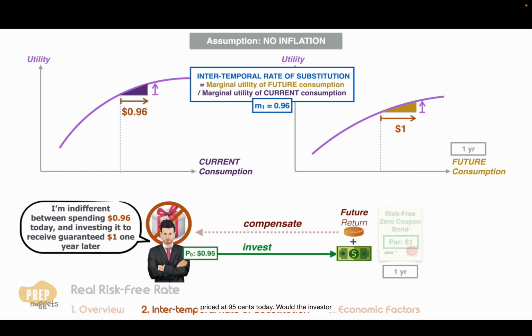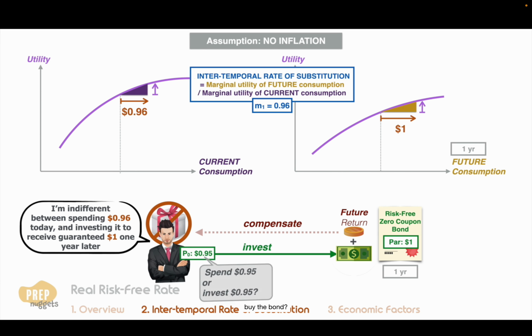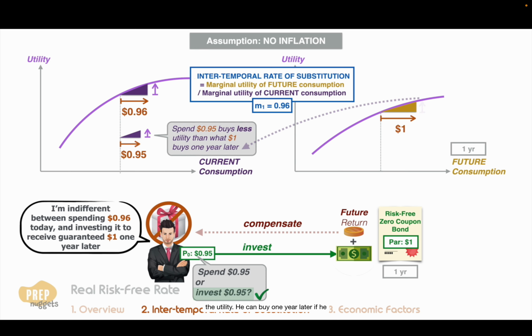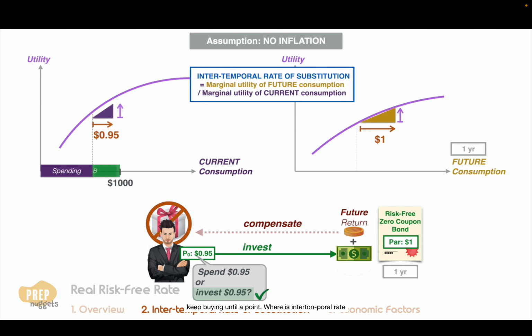If the bond is priced at 95 cents today, would the investor buy the bond? Your answer should be to invest in the bond, as spending 95 cents today would buy him less utility than the utility he can buy 1 year later if he invests the 95 cents. In fact, let's say the investor has $1,000 income to decide between spending and investing. He'll keep buying until a point where his intertemporal rate of substitution is equal to the bond price, at which